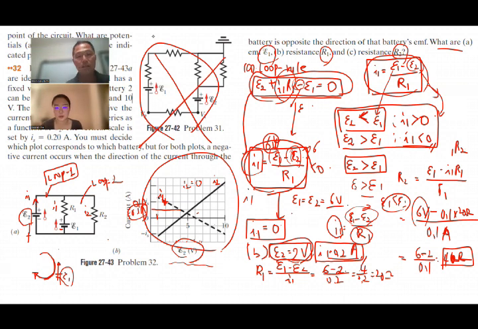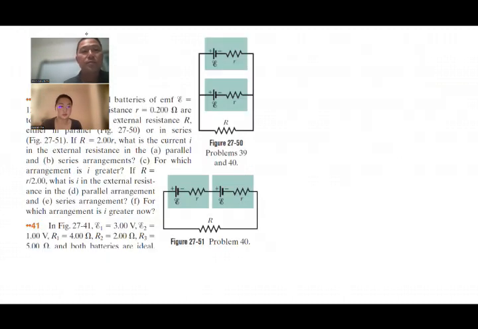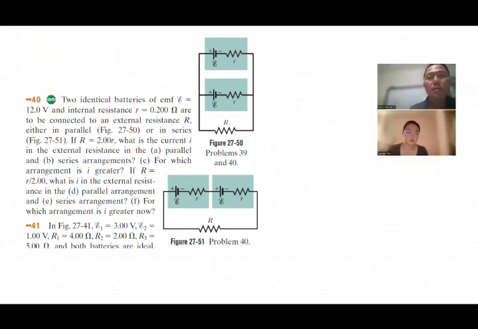All right, let's move on. This is a parallel and series connection problem. So maybe I can read this problem and then solve it together. Number 40: 2 identical batteries of EMF 12 volt and